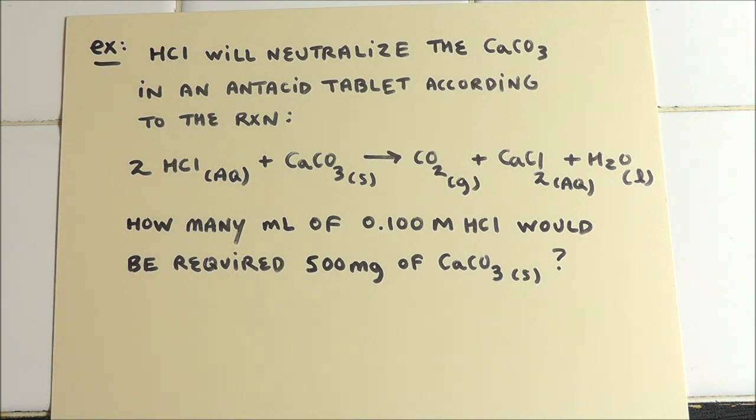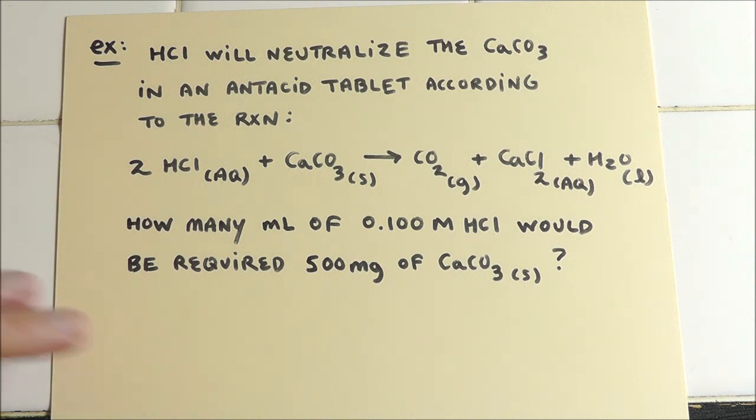And if you dissolve this in HCl in a lab, you would see bubbles form on it. But anyhow, we've got a problem to solve, and that is how many milliliters of 0.100 molar HCl, by the way, just some trivia, that's the exact concentration of stomach acid in your body, would be required to